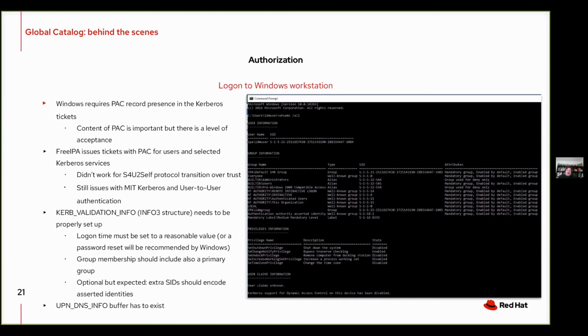So once we fixed this, suddenly these IPA users started to be useful and usable in SQL Server environment as well. So kind of parallel thing, but suddenly it happens this way. And if we move forward,